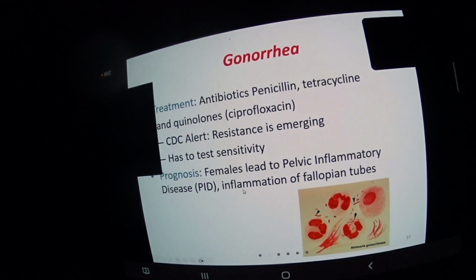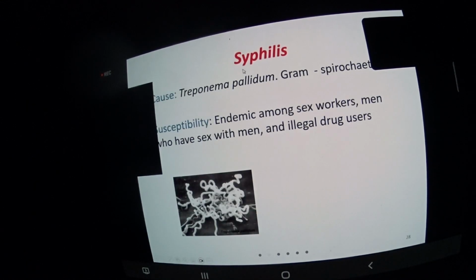It has to be taken care of, and unfortunately in females, if it's not taken care of properly, it can go further. Same thing as we talked about with vaginitis, infections of the vaginal tract, bacterial infection. It can go up to the uterus, and from there to the fallopian tubes and cause damage to the fallopian tubes. This is called pelvic inflammatory disease in females. We'll talk about it at the end.